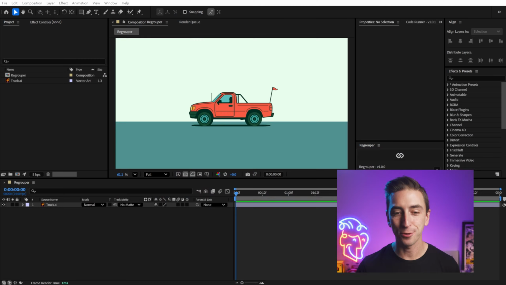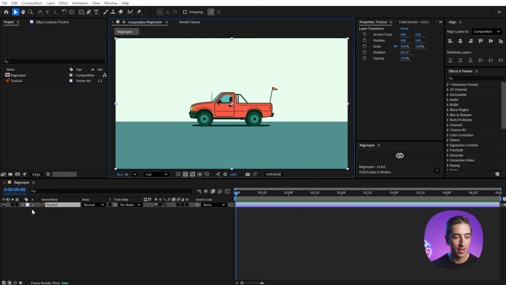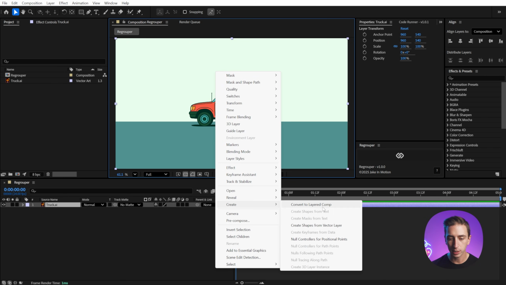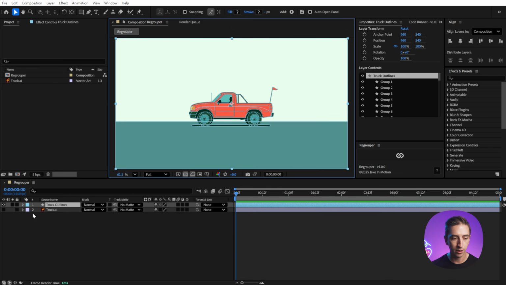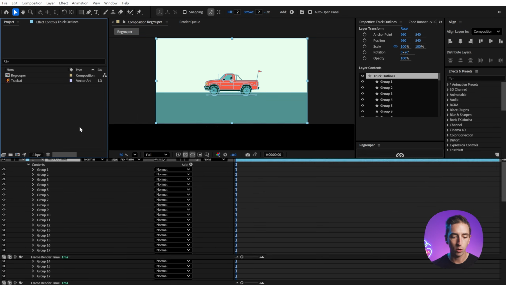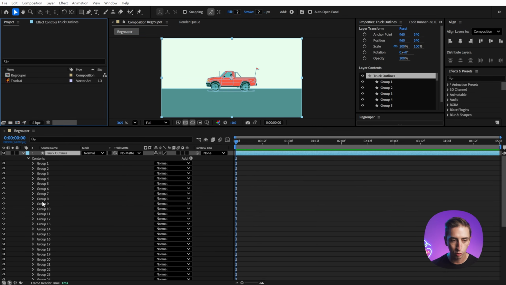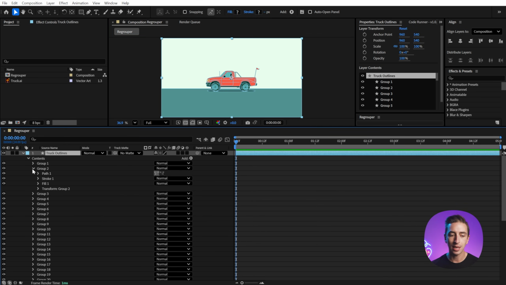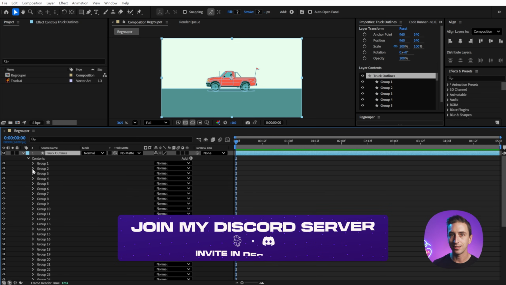I made a free script for After Effects to help clean up your messy shape layers and keep them organized with a single click. Let me show you what it does. This is some sample art from my course, Animation Principles for Motion Designers. It's an Illustrator file, and if I right click and say create shapes from vector layer, it's going to generate a shape layer that's just completely unorganized. All of these generic groups, many of them containing the same exact styling, nothing is labeled, lots of redundancy, and